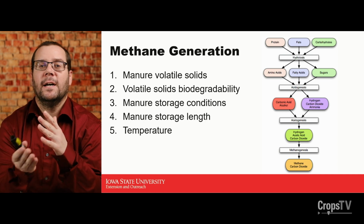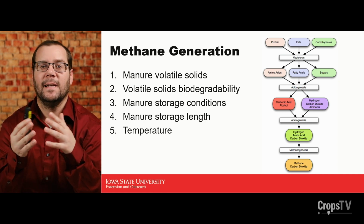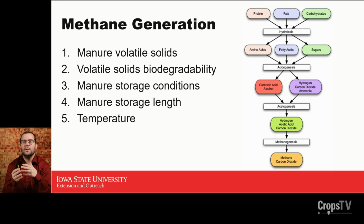I did mention there's a few types of greenhouse gases, but the most important one in livestock really is that methane generation. And there's a few things that can impact how much methane our manure makes. And the big ones for us to start with are how much manure are we making and how much good, solid organic matter is in that manure. So, what you're feeding your animal, whether you have a pig or a cow, influences how much manure they make, and also how much of that manure ends up being digested and utilized by the animal, and how much gets